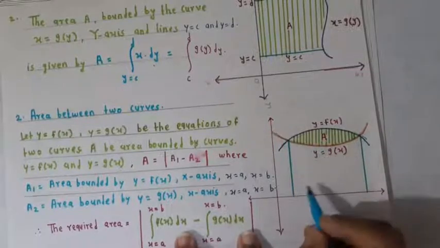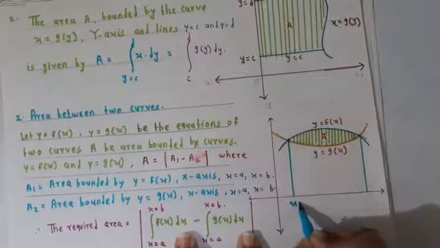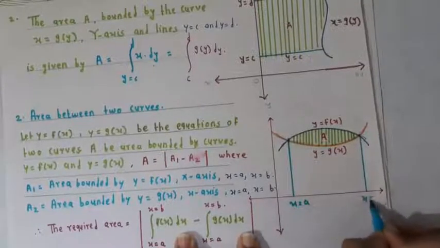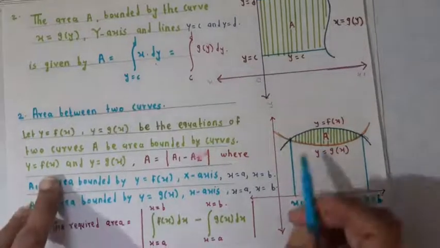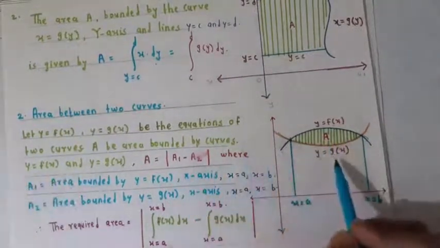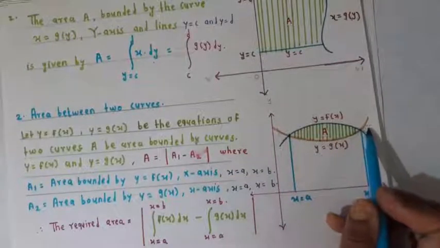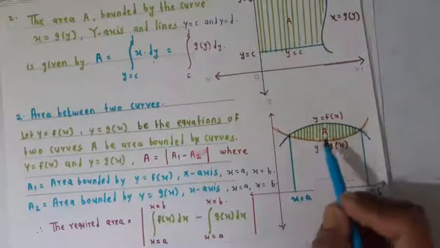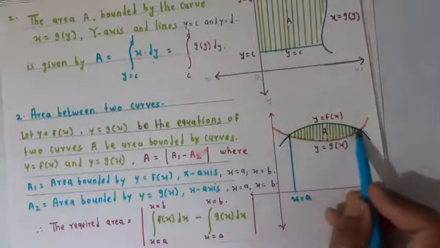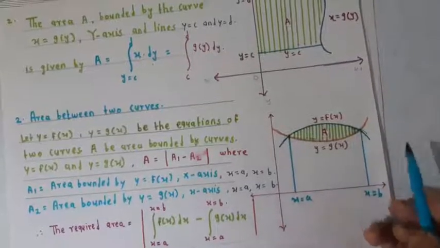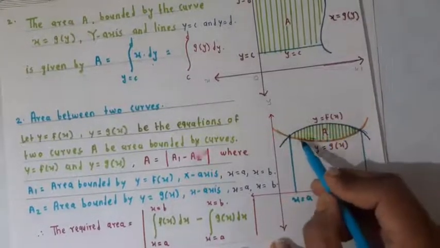The curves run from this point, x equal to a, to x equal to b. So y equal to f of x and y equal to g of x are two curves, drawn in this way. A is the area bounded between the two curves. Suppose, see students, y equal to f of x, then